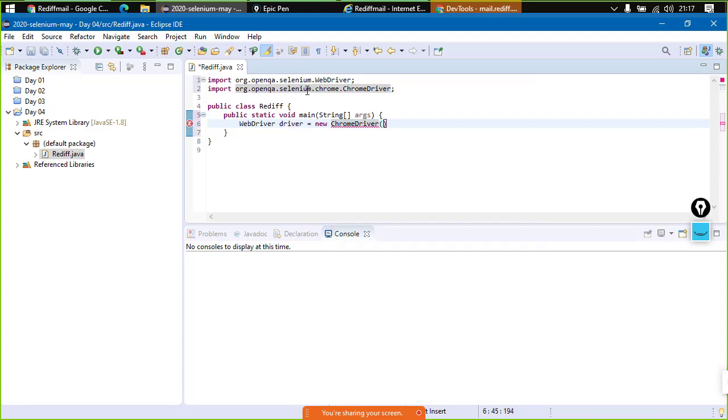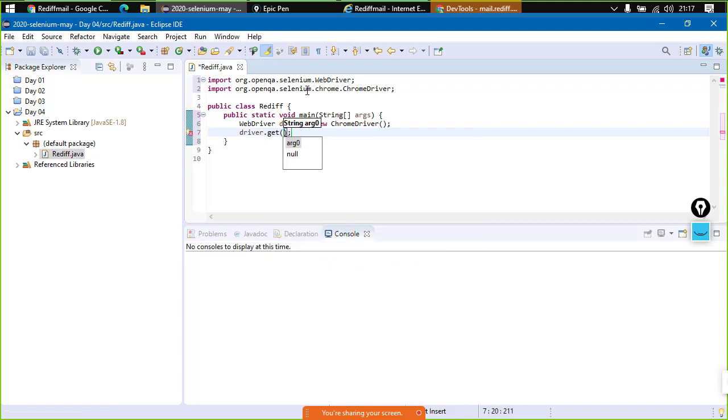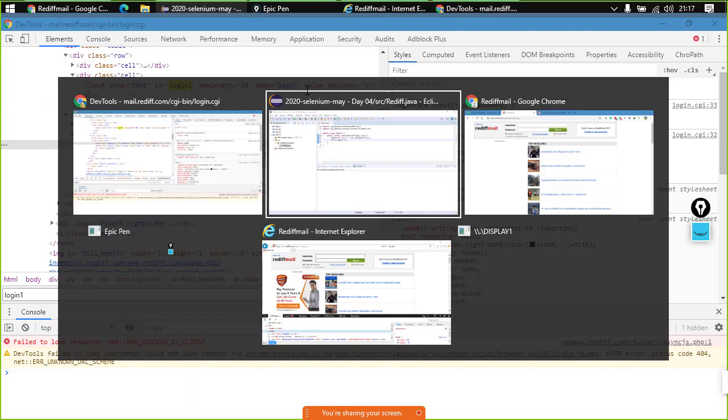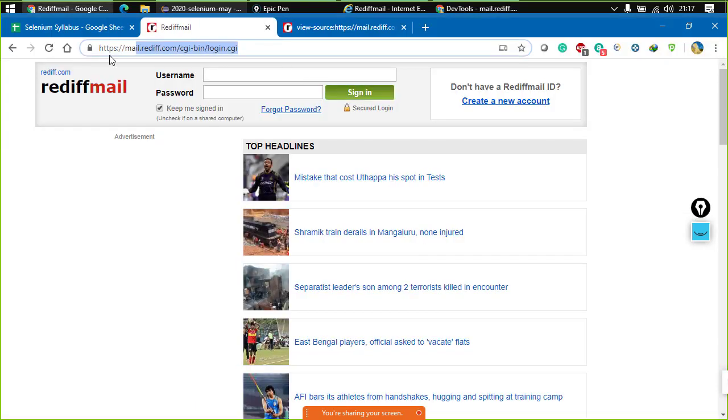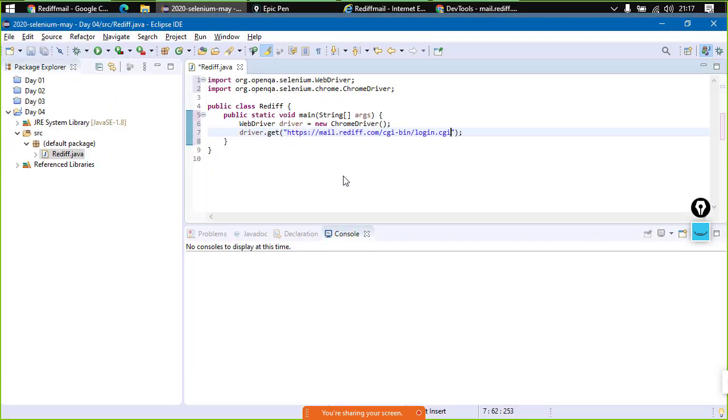I would try using Chrome. It is a bit fast in my system. Maybe you guys are seeing Firefox as fast browser in new system. It happens, right? So over here, this is done. Driver has been initialized. Next thing is getting to the page. Driver dot get, right? What page? So over here, this is the page that we want to open. Copy this complete URL, paste it here, right? Now we have got to this particular page.